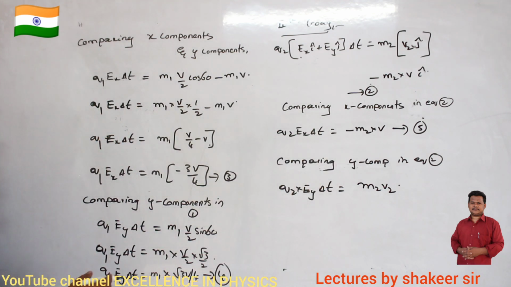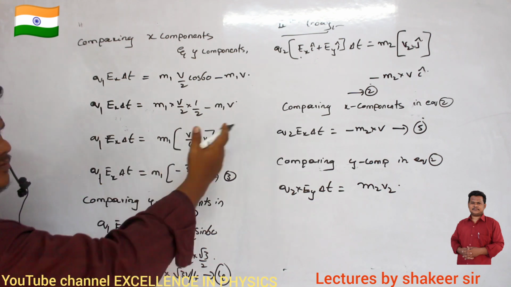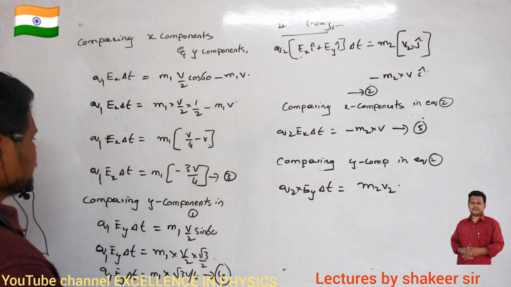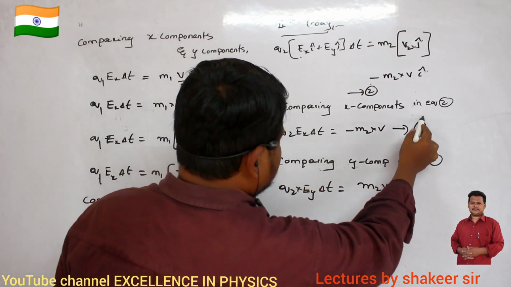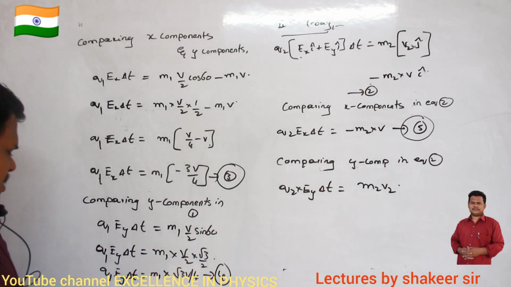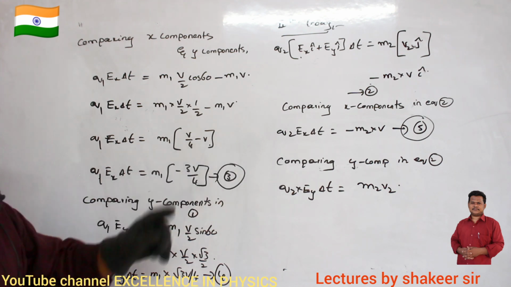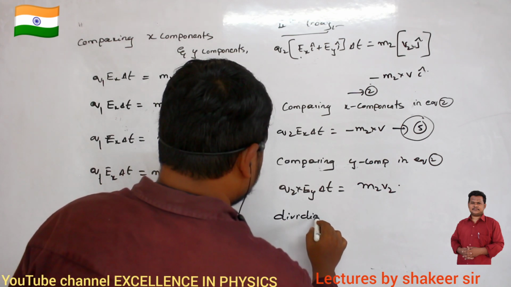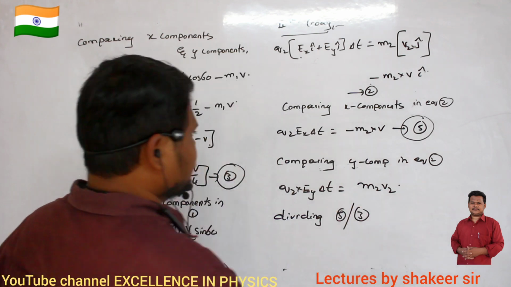So in equation number 3, here I have q1 by m1. So if you divide both of them, can't I get the answer? Are you able to understand? So which equations will I take? I will take equation number 3 and equation number 5. I can take only these two, because E x and E x should get cancelled. So therefore what I will do is divide equation number 5 by equation number 3.